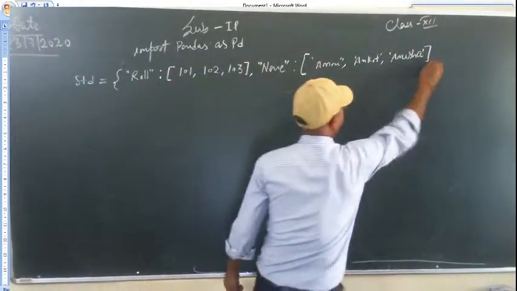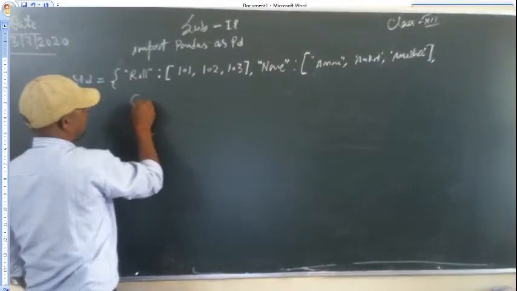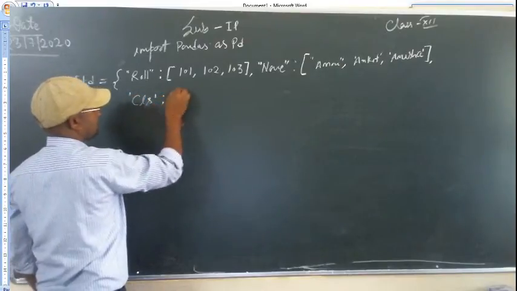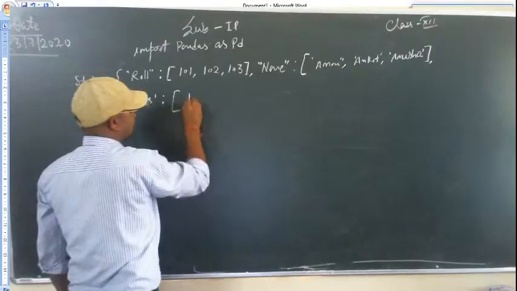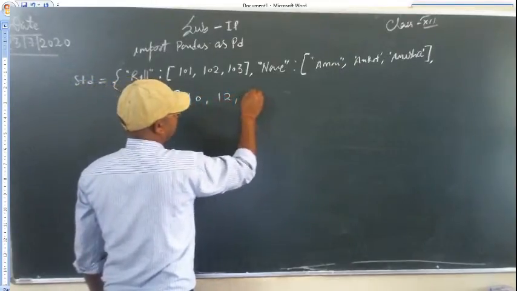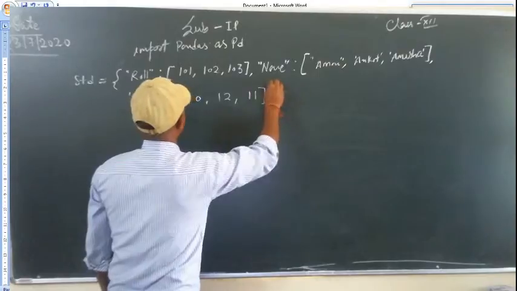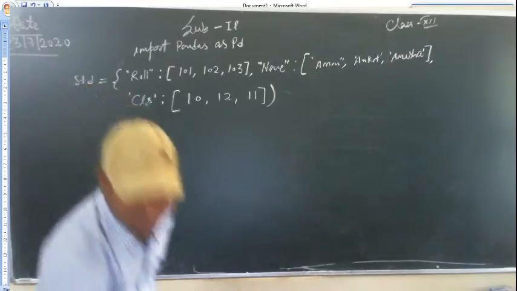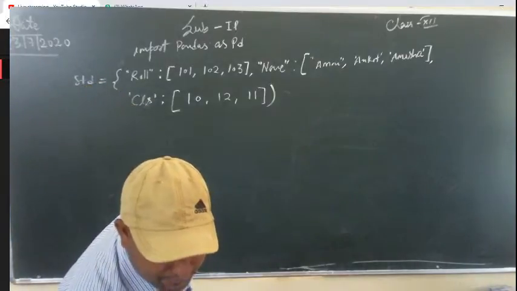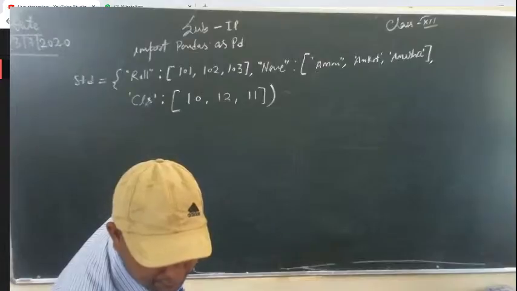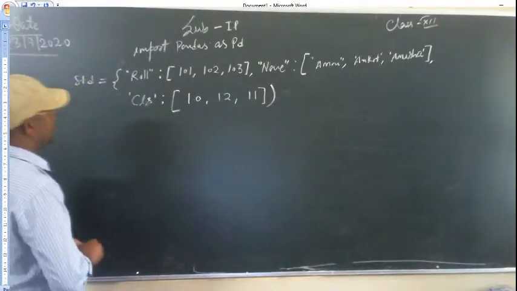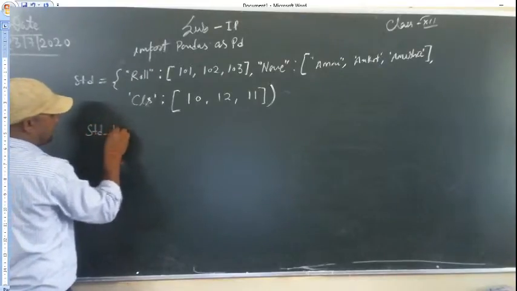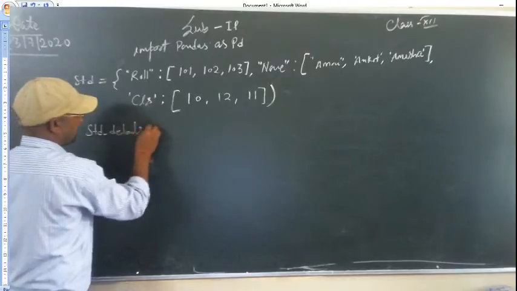Then put a comma again, put the classes also. So class we are taking as cls is equal to, colon, the classes respectively 10th, 12th or 11th. These can be taken, and now close this bracket. This one first, what we did. Okay, now creating a data frame through this std_details, taking one more variable, is equal to,